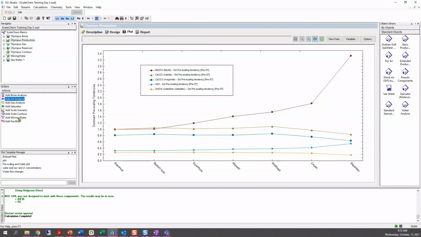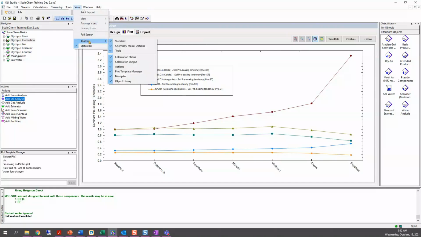No, because there's no navigator, it's only the action folder. So maybe you don't have the navigator, right? That means you can go to View, Toolbars, and click on the navigator so that it shows. Yay! Thank you. Okay. Is anyone else having a problem? You can simply open the previous example, the example that we did on Monday.